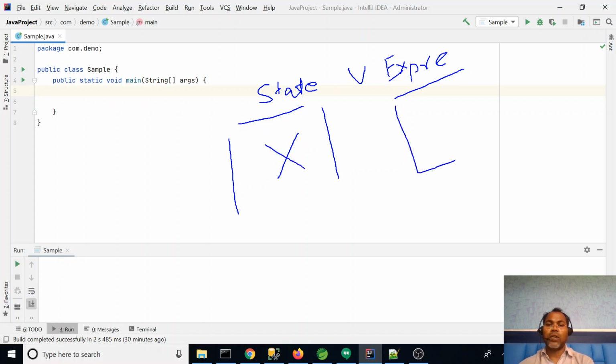An expression can return a value. Whenever we write code that does not return anything, that looks like a statement. But in the case of expressions, we evaluate something, do some processing and return some value. That is the major difference between statement versus expression.